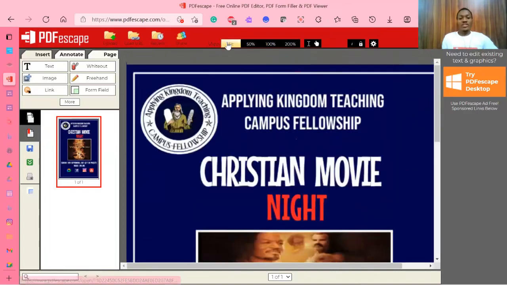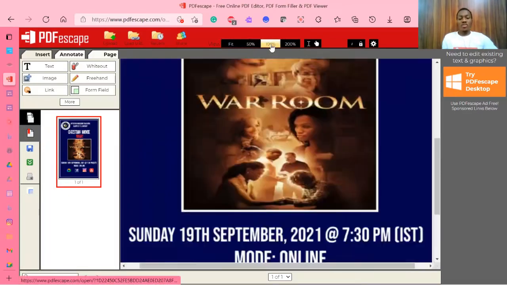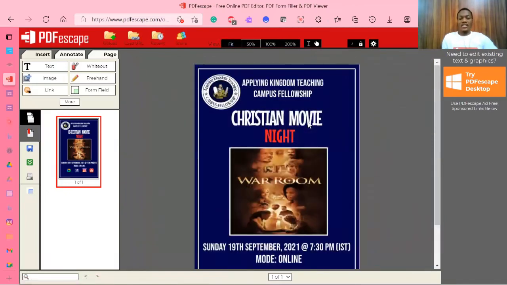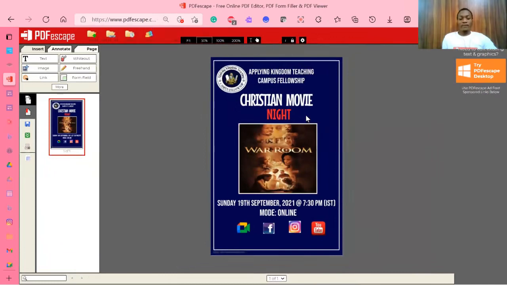So in this case, you just click on this fit, and you can also reduce it to 50%, 100%, and 200%, and you can go back to 50%. So I think 50% is going to be a bit better. So I can just zoom in a little bit so you can be able to see what I'm doing. And now after we have adjusted the view size,